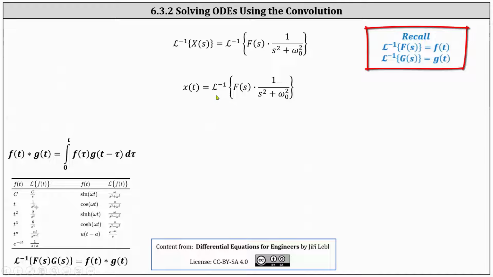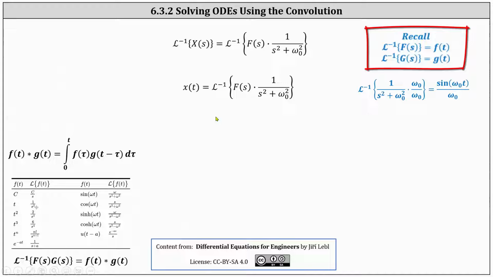And now to determine the inverse Laplace transform of 1 divided by the sum of s squared and omega sub 0 squared, we need to apply the first formula in the second column of the table on the left, where the inverse Laplace transform of omega divided by the sum of s squared and omega squared is equal to sine of omega t. Notice in our case that we don't have omega sub 0 in the numerator, but we can write this fraction as the given fraction times omega sub 0 over omega sub 0, and therefore the inverse Laplace transform is sine of omega sub 0 t divided by omega sub 0,